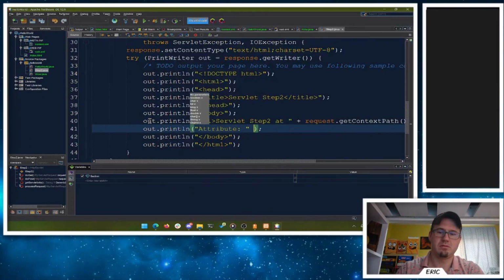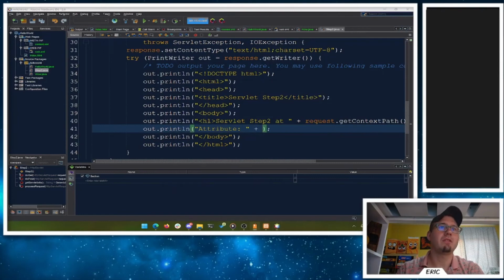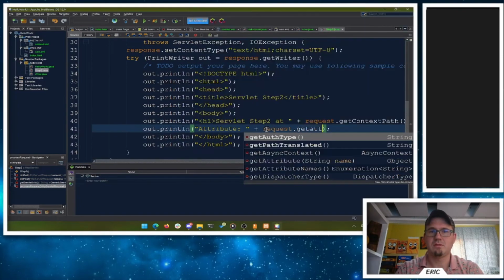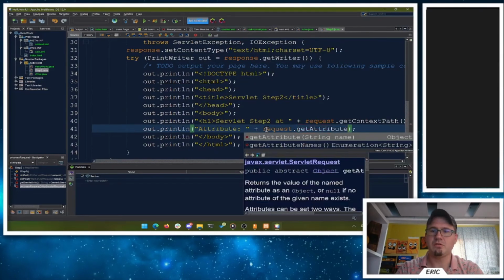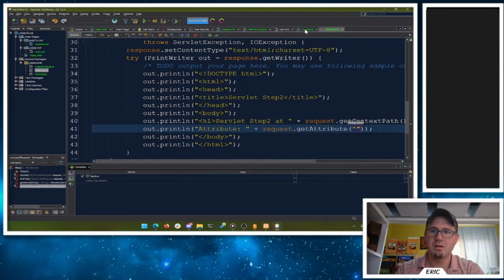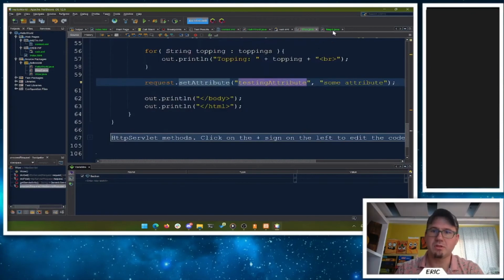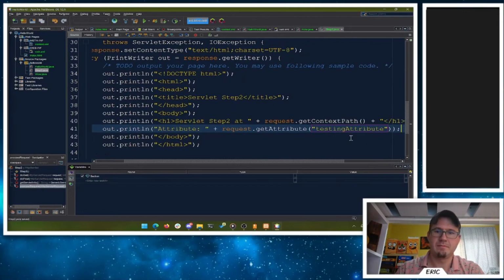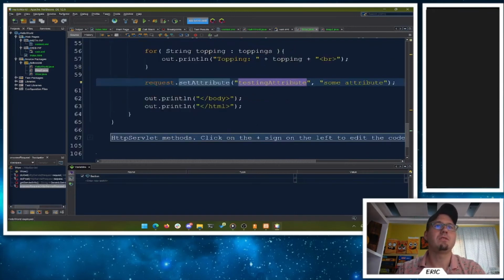attribute. And now we want to get that attribute back out that we had set. So it's just request.getAttribute. Get attribute, and this was going to be our testing attribute. So it's not the parameters, these are attributes that we can set inside of these. So if we wanted to now forward this request from here,